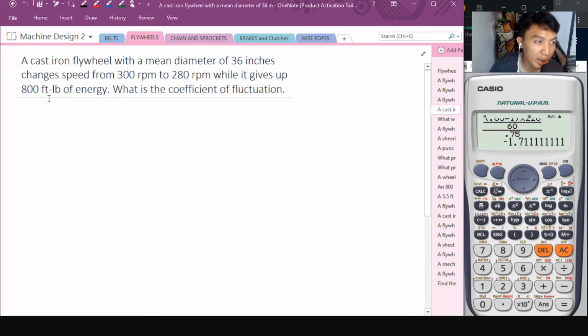Problem number 4. A cast iron flywheel with a mean diameter of 36 inches changes speed from 300 RPMs to 280 RPM while it gives up 800 foot-pound of energy. What is the coefficient of fluctuation? O, going back, coefficient of fluctuation. That is equal to, recall natin ha, tatlo yan. So, V2 minus V1 divided by V average. This is also equal to